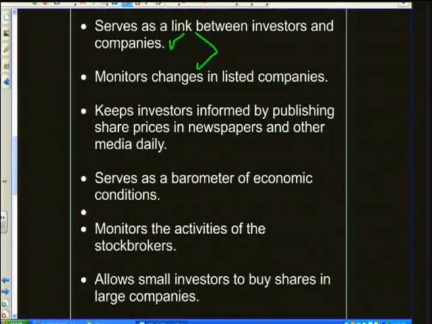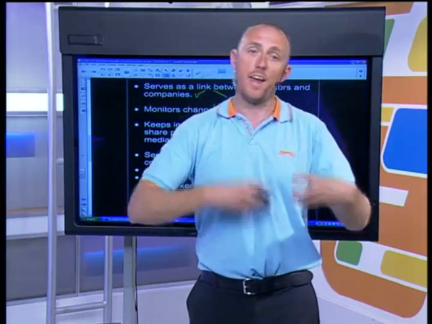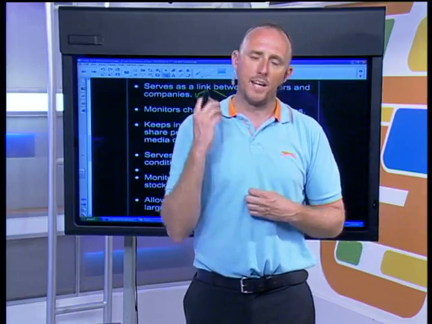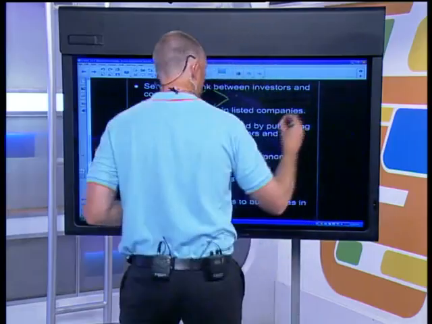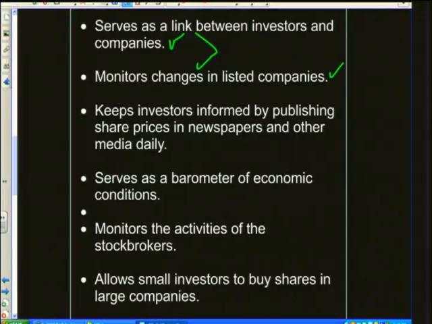As you guys would know, all companies have to make sure that they submit audited financial statements. So they make sure that no one's lying or inflating the prices of their shares so that people don't lose their money in the end. Because if people don't have faith, the JSE is going to collapse. And it's very important that people have faith in the JSE, that they know exactly what's happening there. So that was 2 marks there.